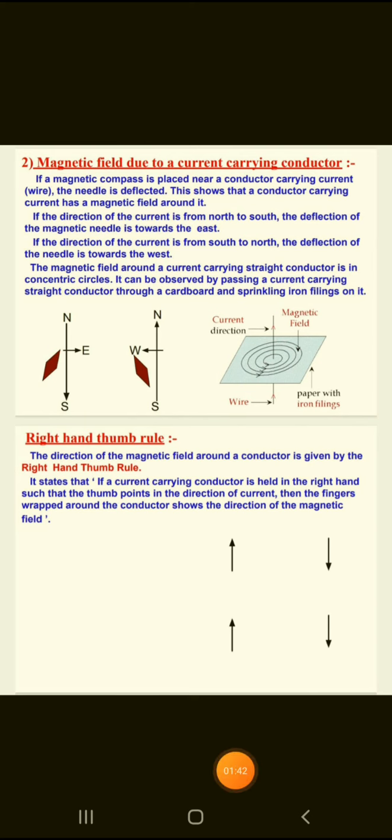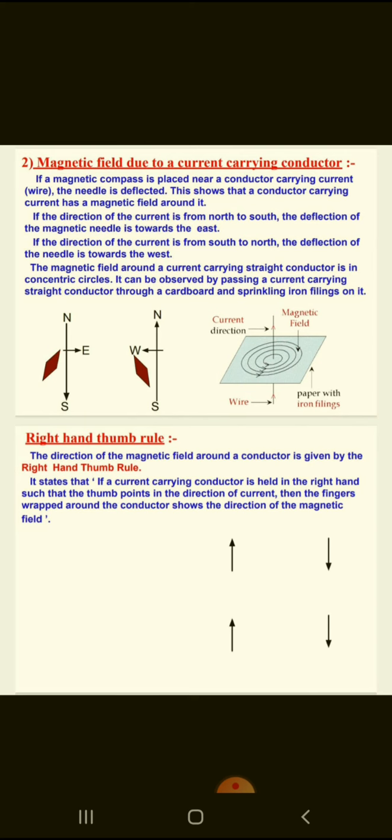For learning it, we have an easy method. I will show you what that method is. Look here in the second figure, if the direction is south to north, then it deflects towards the west. We will learn it with the help of the word SNOW. That is also known as the SNOW rule. It's easy to learn. SNOW means if the direction of current is south to north, then it deflects towards the west.